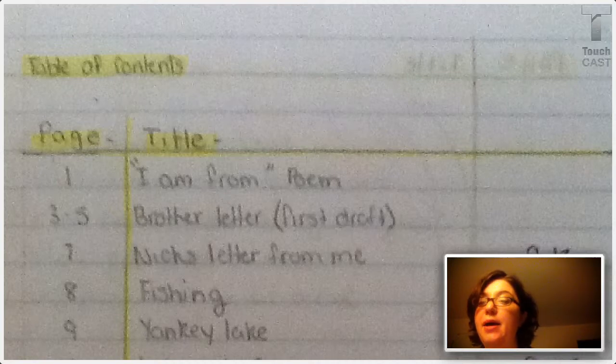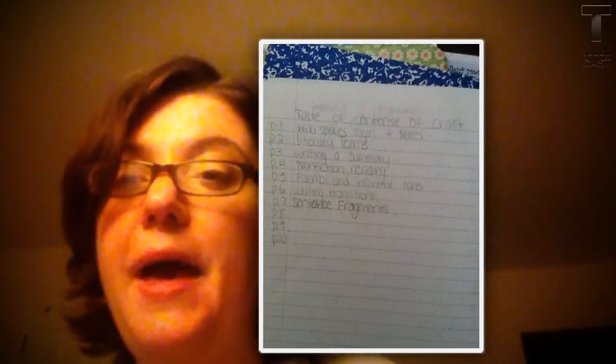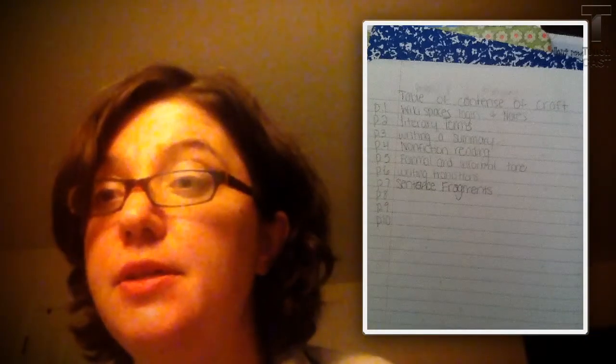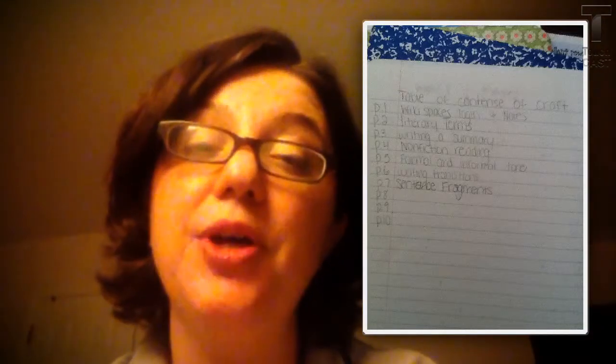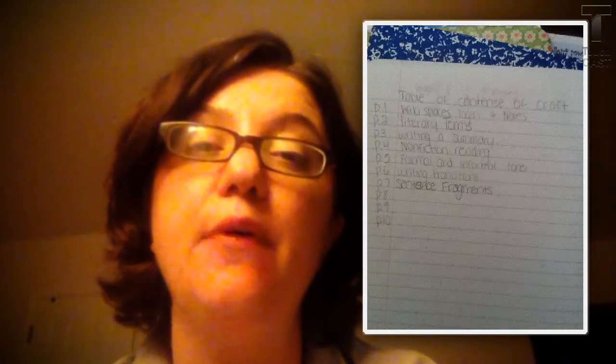Let's look at the back. So on the back of your writer's notebook, you have your table of contents for craft. Now, what does that look like? Here's the back of the writer's notebook, right? And here's the very last page. And the very end of your writer's notebook, that's where you're actually keeping track of all of your whisks,